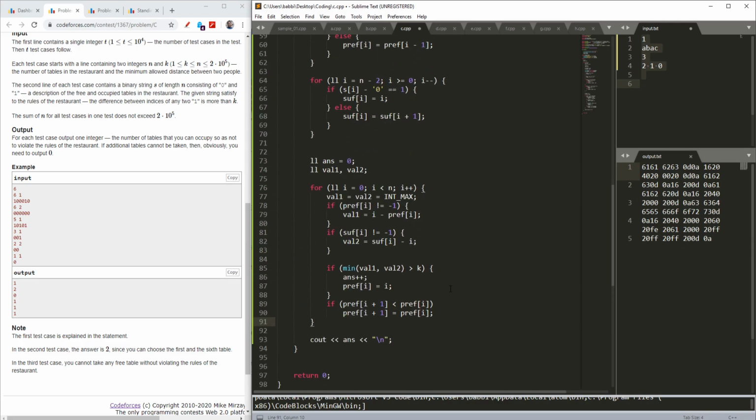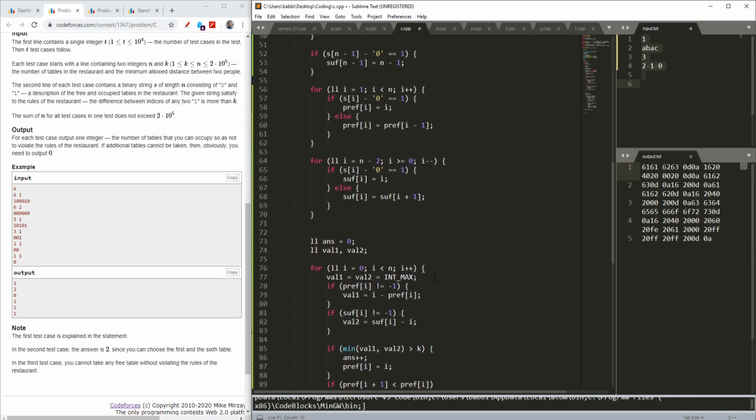So this was it. I hope that you got it, and I hope that I was able to explain each and every step, how prefix sums were useful here and how we need to update the prefix sums as we go on further. So it was a trick that we should update the prefix sums as we go on further.